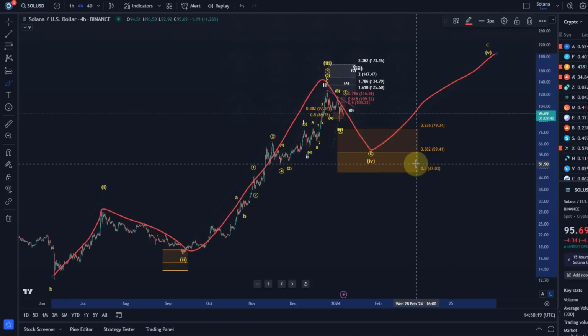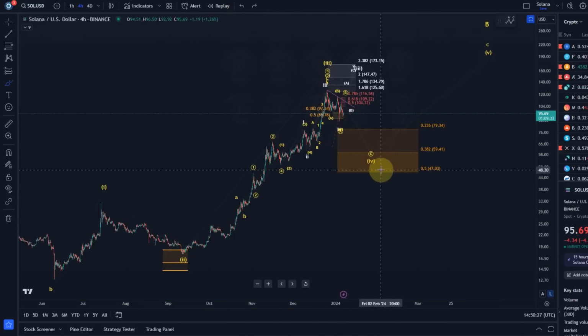So for example here, the $47 level should really hold. Otherwise, I have to revise this scenario. A break below $47 would lead to not invalidation, but it would make this particular scenario less likely. So that's my support area in a wave 4 for a wave 5 still to happen, between $47 and $79. I don't suggest we will come down to 47 necessarily, but we just have to give it that space in that scenario. I understand that is a significant pullback, but I don't necessarily see it get to that level, but it could.